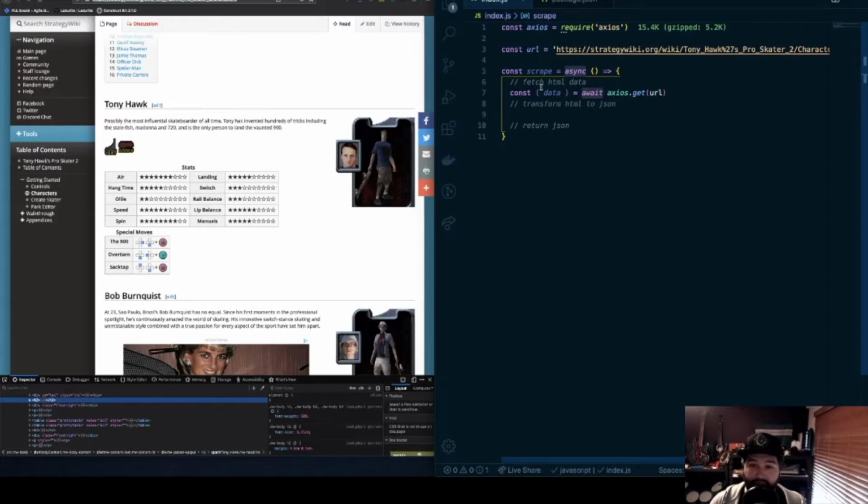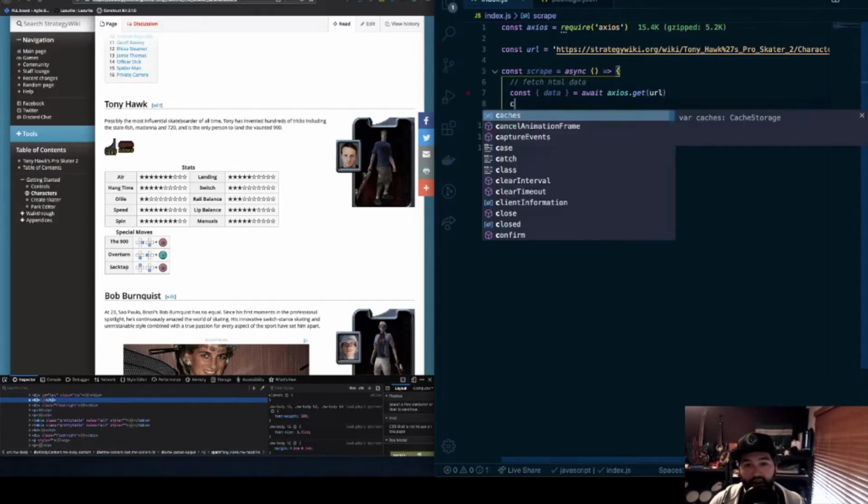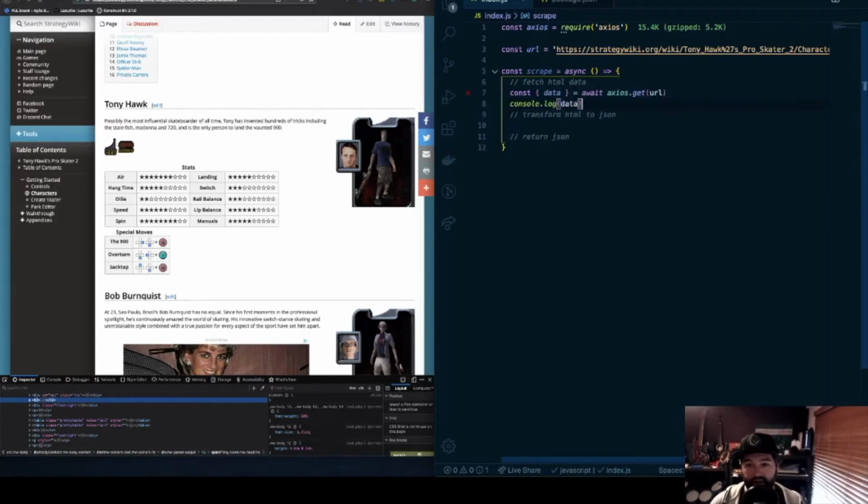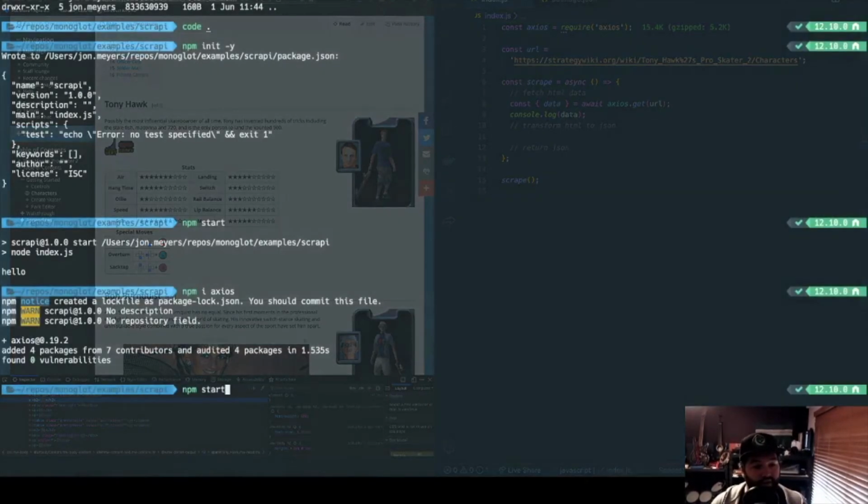And then when that comes back, we're destructuring off the data. So we would get an object back that has a few different key value pairs, but we only care about the actual data of that page. So now if we were to say console.log data, and then actually call our scrAPI function. Here we're just declaring a scrAPI function, which is an async function that does this stuff. We actually want to call it by saying scrAPI open close brackets. Cool. So let's save that and let's go and run our